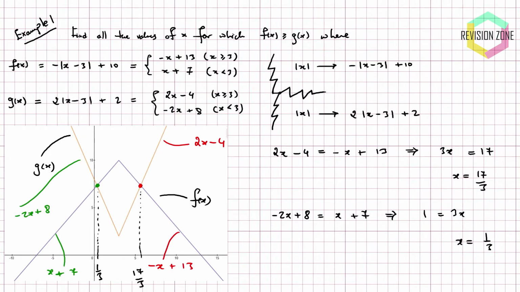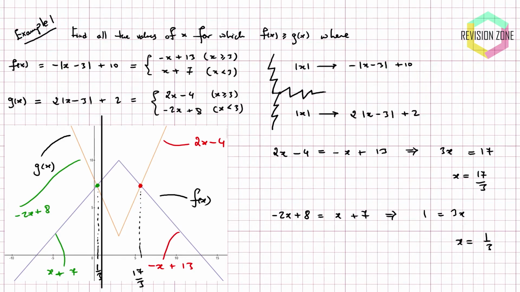Well, our f of x is this purple graph here, and we want it to be bigger than the orange graph here, and we see that's only really true in this region here. For this entire region, if I take a vertical line and compare what's happening here, I see each point on the vertical line, the purple part of the graph is actually higher than the